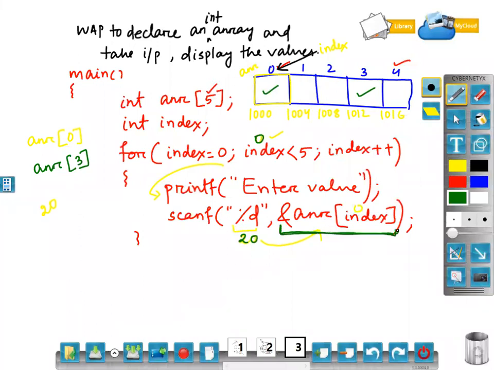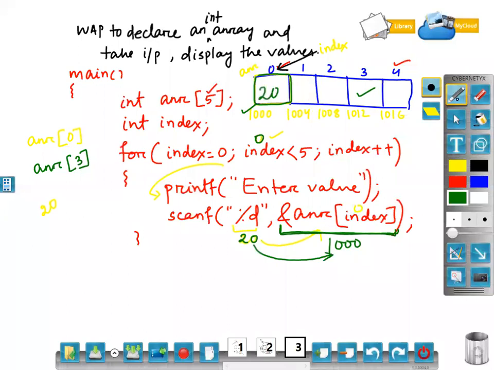This is my array of 0, as I have already told you. Clear? Its address means 1000. That means I am specifying that you store 20 at location 1000, inside the array of 0 location.